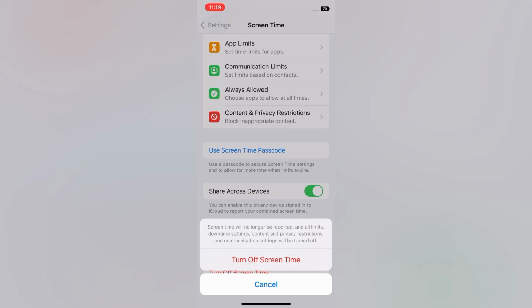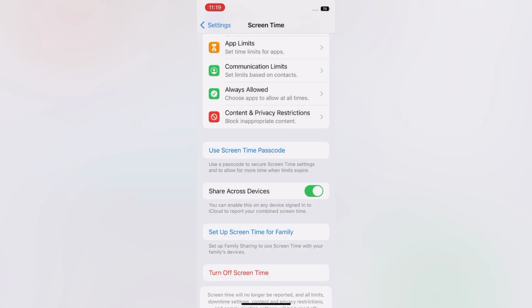Screen Time will no longer be reported and all limits, downtime settings, content and privacy restrictions and communication settings will